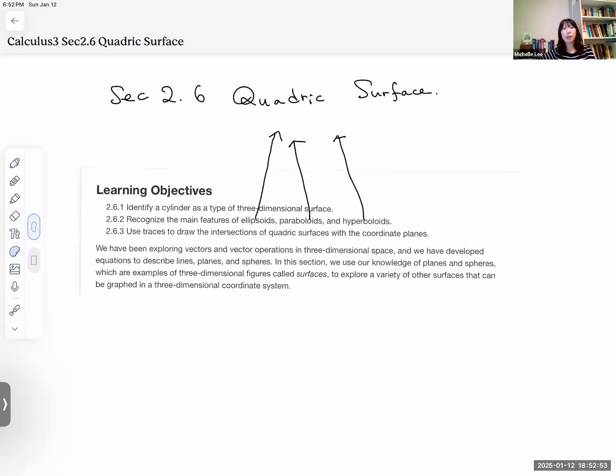Hello, everyone. Today, we are going to learn 2.6 quadric surface. So quadric surface, we have, I made it here, ellipsoid, and paraboloid. I practice pronunciation, hyperboloid. So we have more than those kind of the figure. So let's do it. Previously,